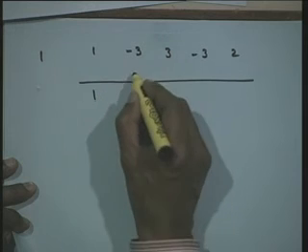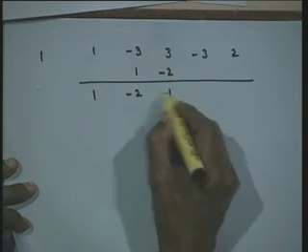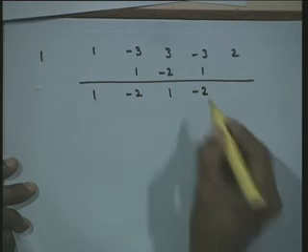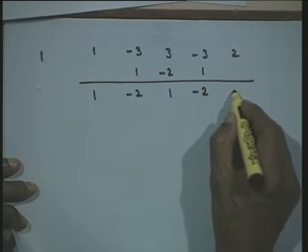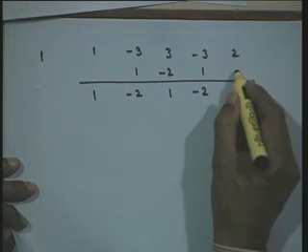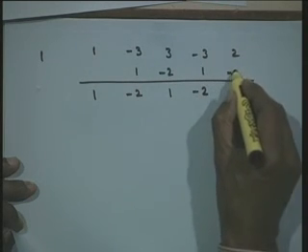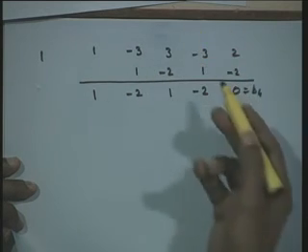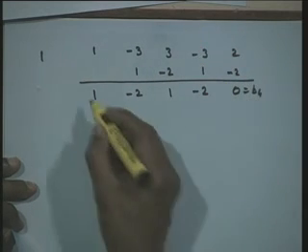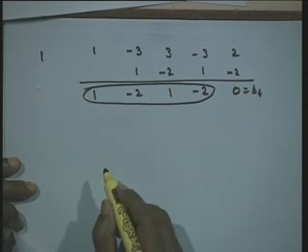So, I have 1 here, minus 2, this is minus 2, 1, 1 minus 2. Now, I do not need to compute this last one. Here it turns out to be 0, this is your B4, because it turned out to be an exact solution. Now, these coefficients should give me my q n minus 1 of x.